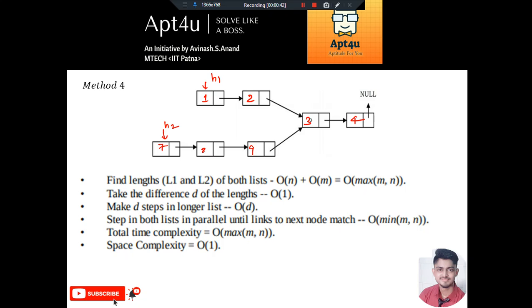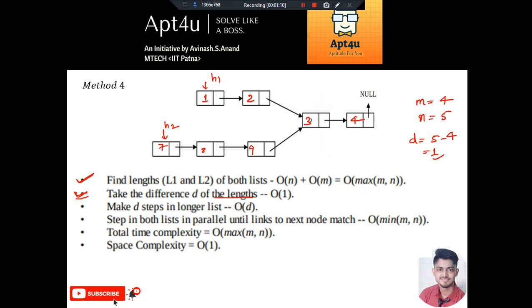And we will follow this algorithm which says that first of all we have to find the length of both the linked lists, right? So finding the length of this linked list, we found out that the length, suppose m, is equal to 4. Finding the length of the second linked list, we found out n is equal to 5. We then find the difference of the lengths. So difference is equal to 5 minus 4, the bigger minus smaller, which is equal to 1, right? So now what we will do, we will take d steps of the head pointer in the larger linked list.